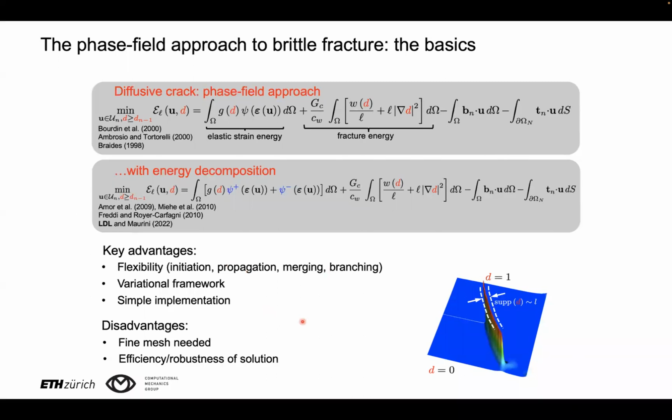On the other hand, there's no free lunch. You may imagine, since we have very steep variations of this phase field, that to resolve this steep variation within a finite element discretization, you need a quite fine mesh, which leads to a quite high computational cost. And on the other hand, this functional, the regularized functional, is non-convex with respect to both arguments simultaneously, and this leads to some issues in the efficiency and robustness of the solution procedures. I don't have time to focus on these aspects, but with my group, we've been tackling some of these issues also recently.